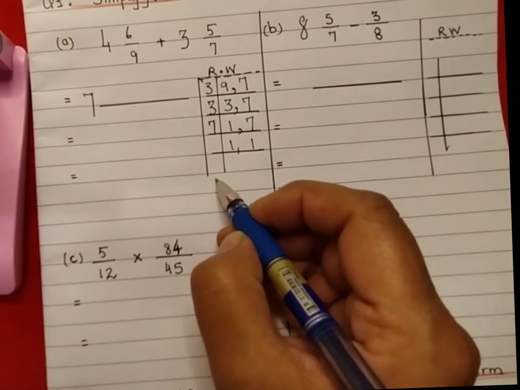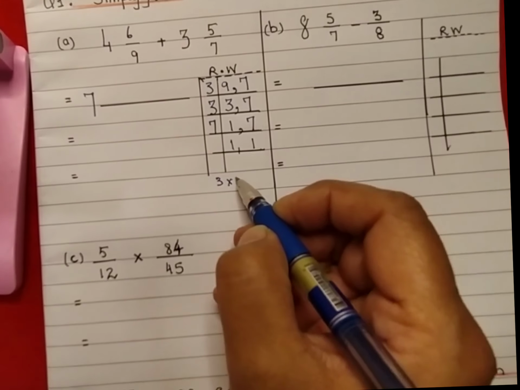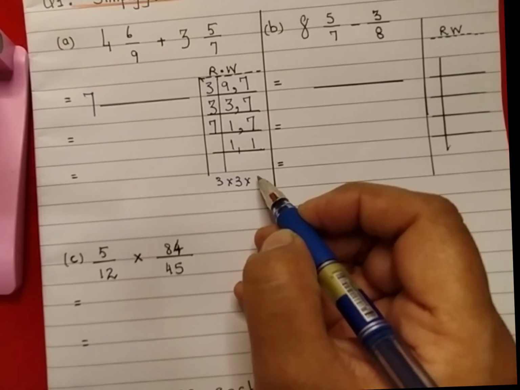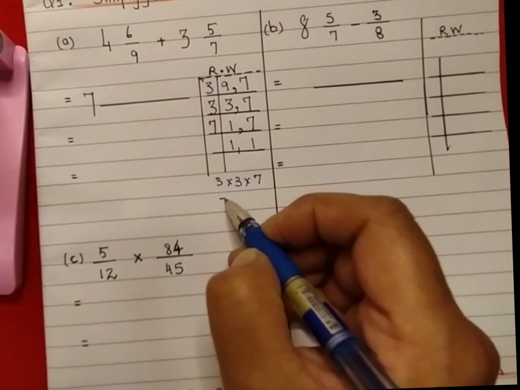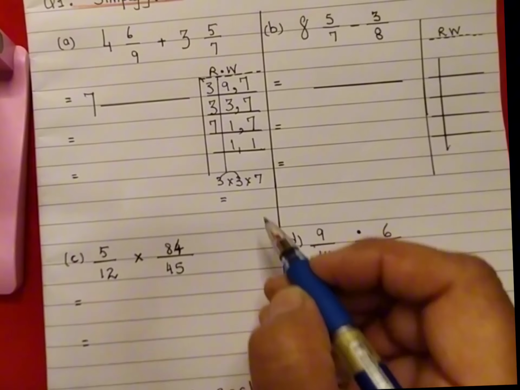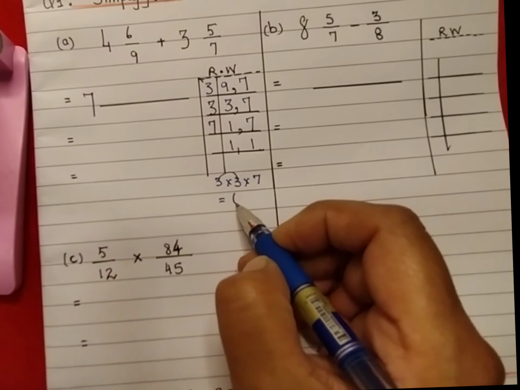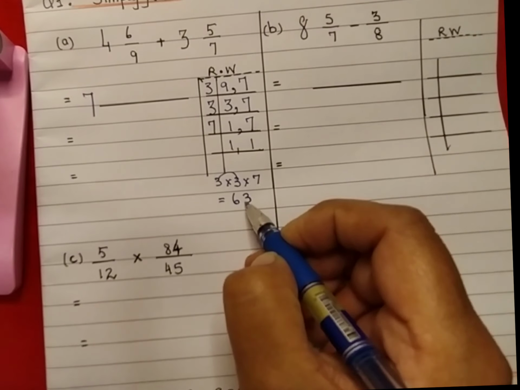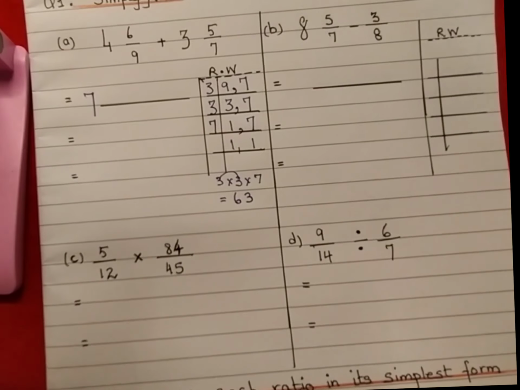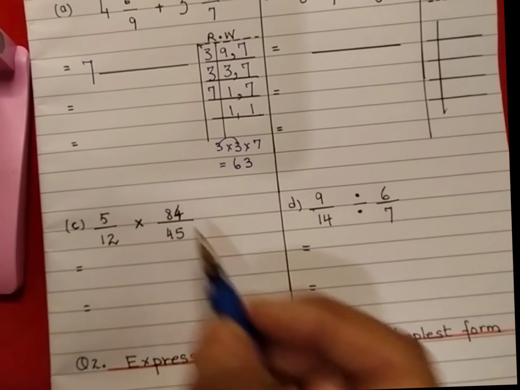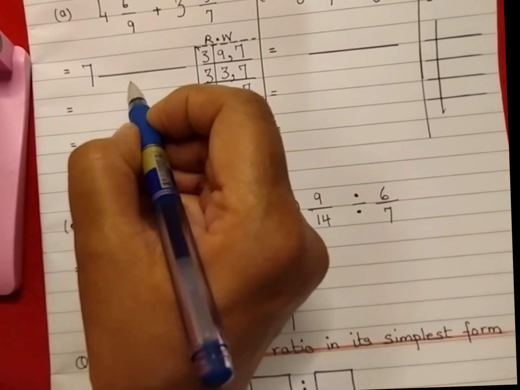So what do you think your LCM would be? 3 multiplied by 3 multiplied by 7. So 3 times 3 is 9, and 9 times 7 is 63. All right, students. So 63 will be our LCM. I will write down the LCM here,